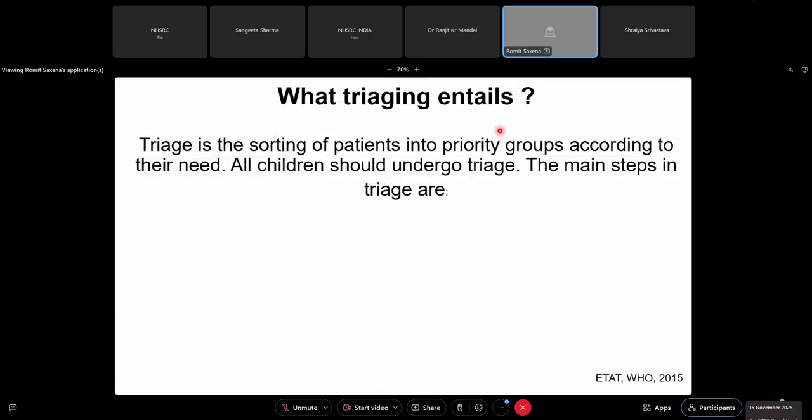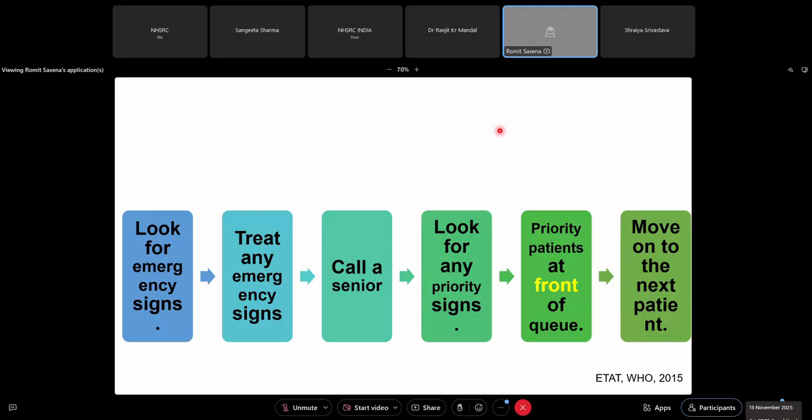Okay, so we had discussed identifying these important vital signs. They are important because on the basis of these emergency signs, you know which patient will come to the front of the queue. And so what is your job when you have a communicable disease patient who has the potential of these signs and you have a long queue of them.